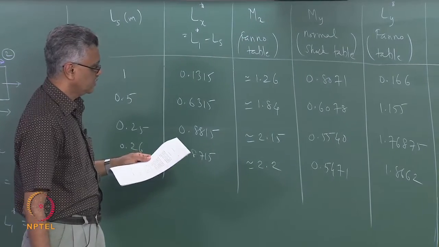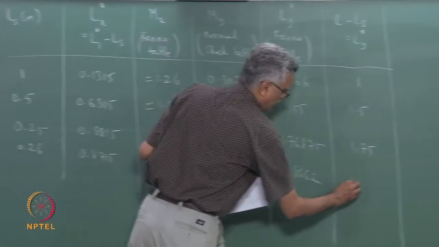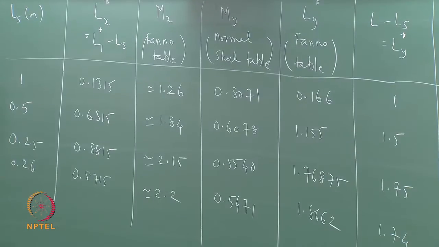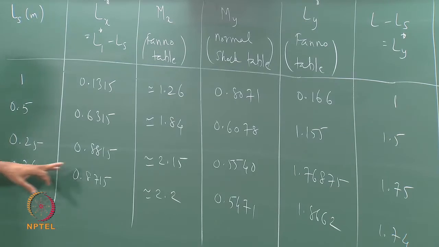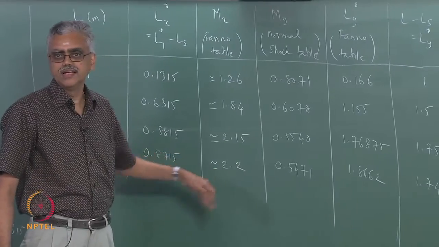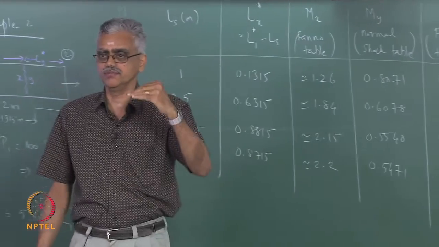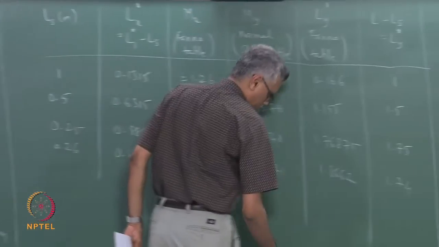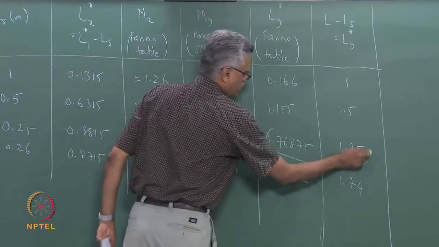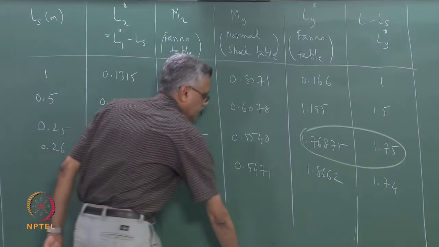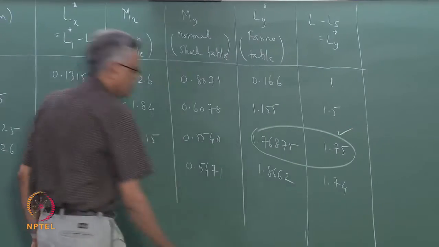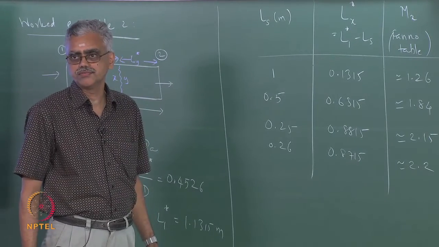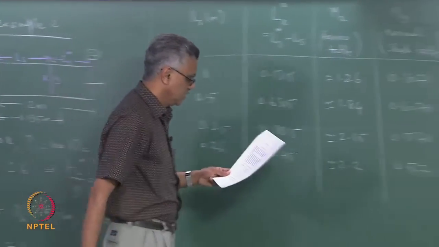Actually the tables and these numbers are highly nonlinear, so if we make a small adjustment we are interpolating in the tables, okay, and the behavior is also highly nonlinear. So what we can conclude from this exercise is that we will accept these two to be reasonably close to each other, okay. So we say that this is acceptable and we take our position of the shock to be 0.25 meters, okay. So we will accept this guess and say that